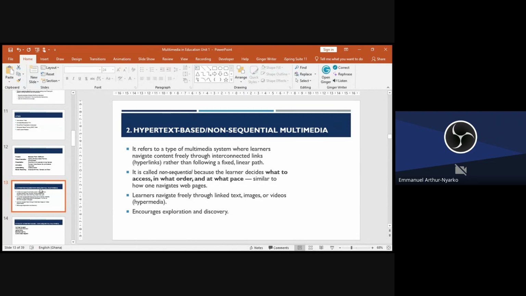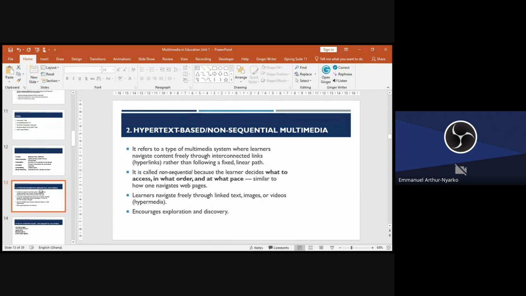It is called non-sequential because the learner can just stand somewhere and then jump or click on another place. The learner accesses what they like freely, and not sequentially.